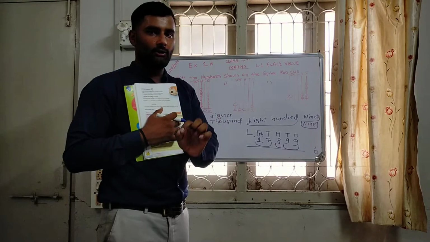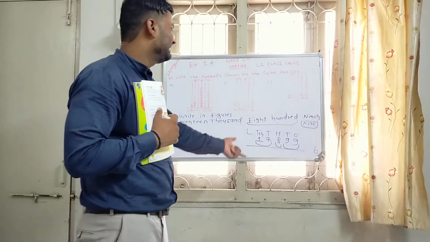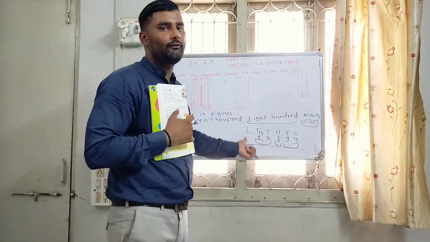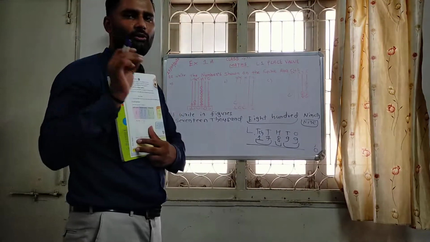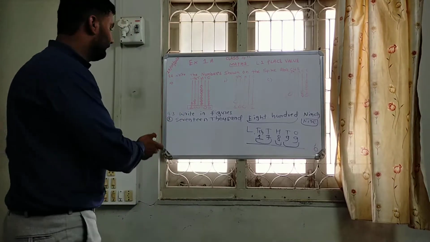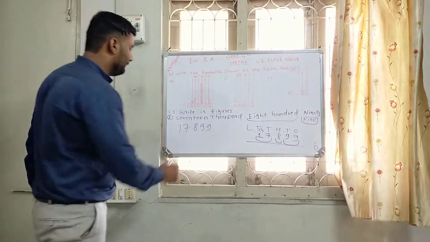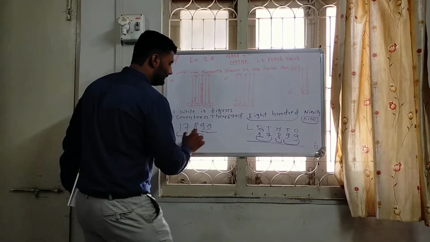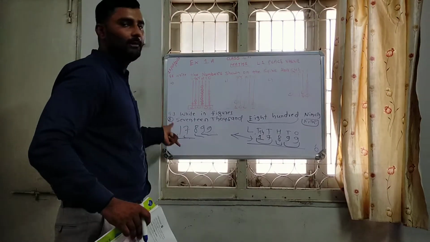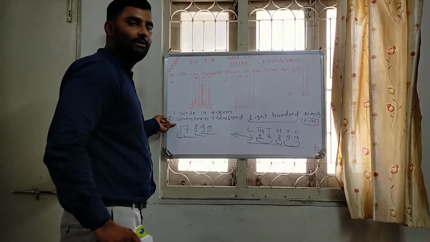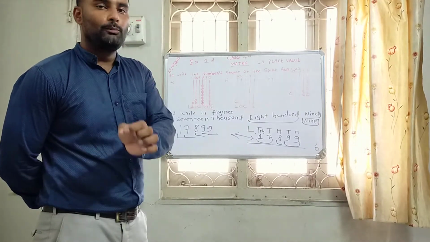This is not a complicated topic. We have to just read or write this number by memorizing. This is the method of cross checking our answer, not the method of answering. Okay, so you just have to write this number by reading it. 17,899. After that you just take this number as ones, tens, hundreds, thousands, 10,000. The answer is done. Our question is just the opposite of question number 2. Here your numbers are in word form. You have to just convert them into figures, or numeral, or number form.